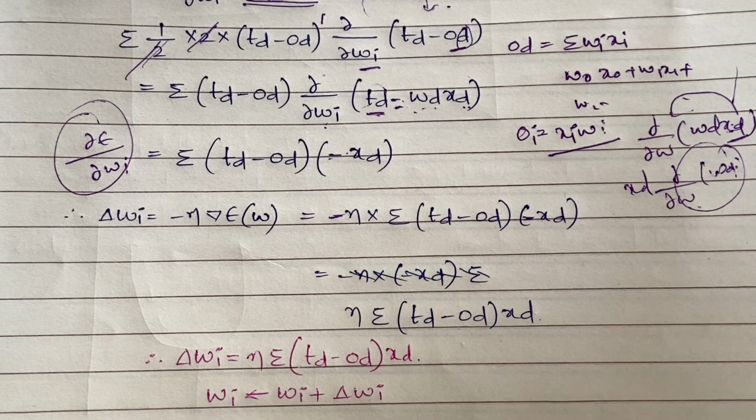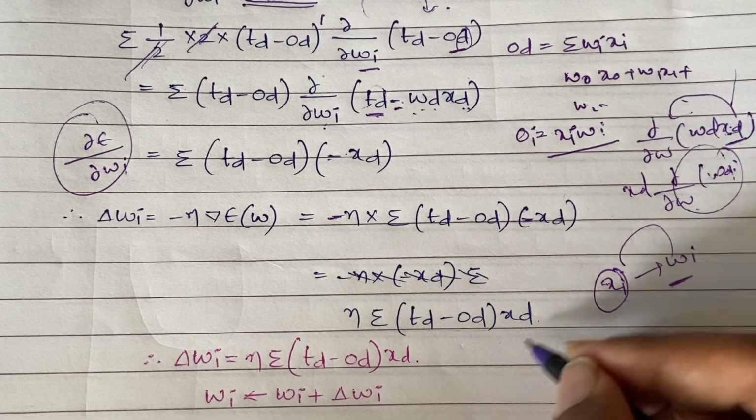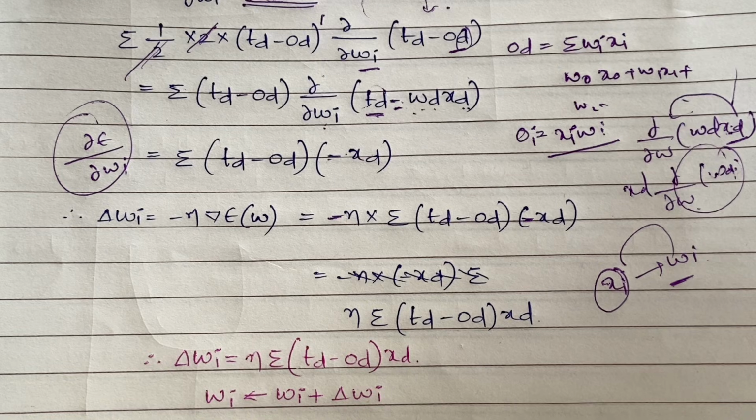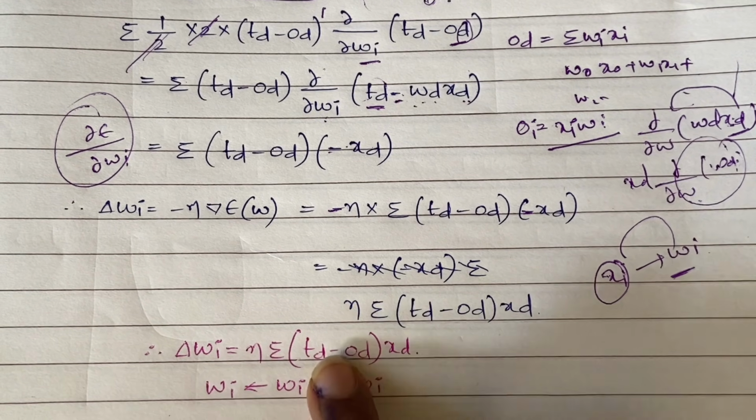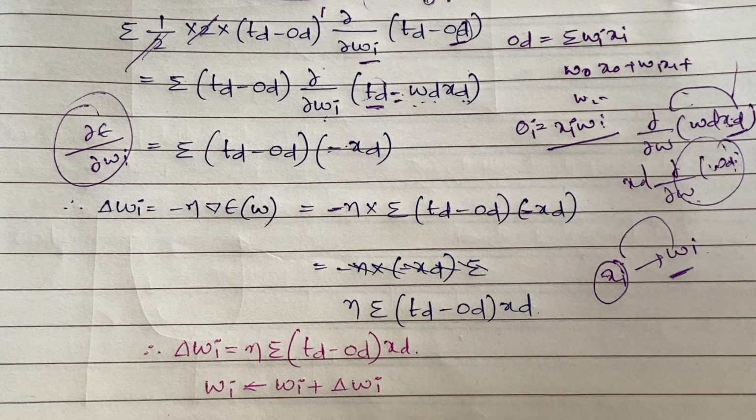Okay, done. And what is td? Target output. What is od? Actual output that you are getting. And what is xd? The input of the respective weight. Every weight will have its input, right? xi will have wi, so the xi corresponding to this wi. Since we are taking it in terms of d, for a single target function we are defining it, right? Since we have sigma, we keep on adding all of them. Okay, done. So this is how you get it, and then you need to apply this in wi plus delta wi. Like that you have to keep on changing the weights.